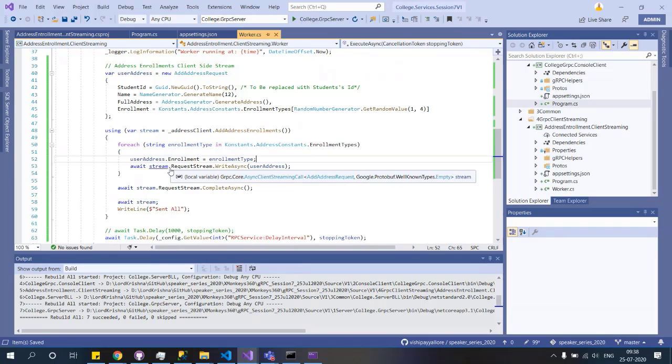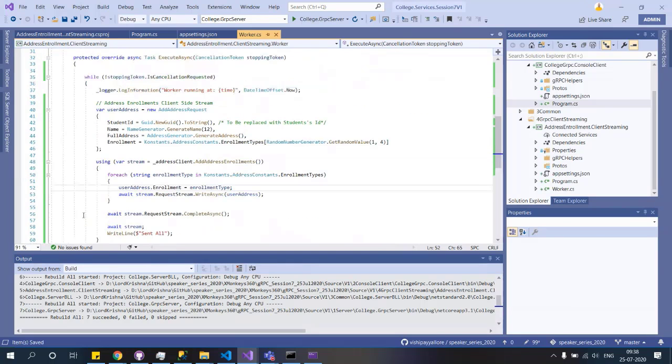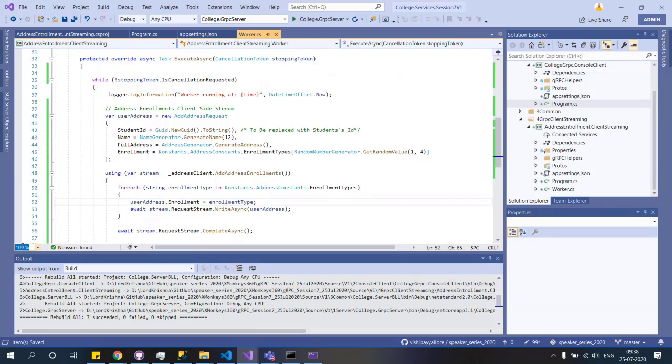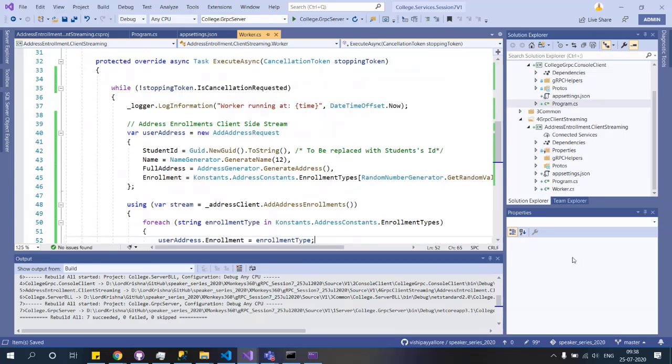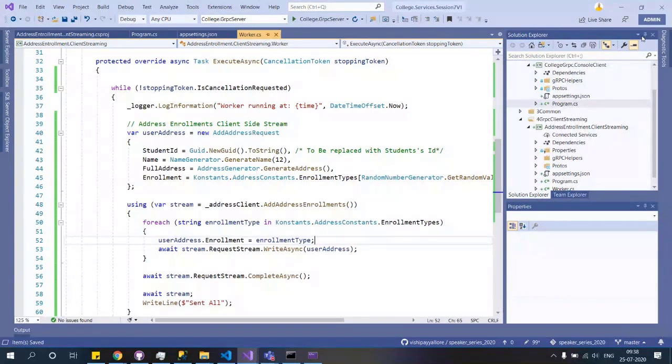Sorry, let me bump up. My mouse today is not working properly. I'm sorry for that. Let me bump up to 125% so that you guys can see a little bit bigger. Okay, cool. So let me make some extra space here and here.